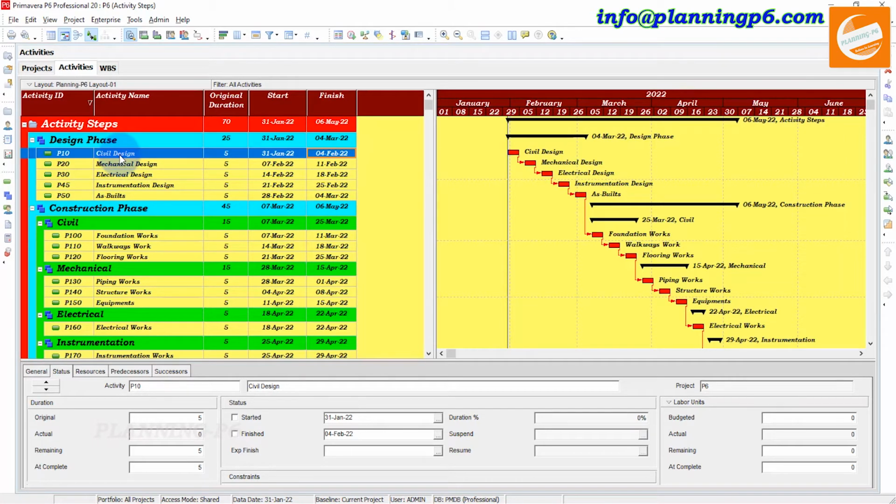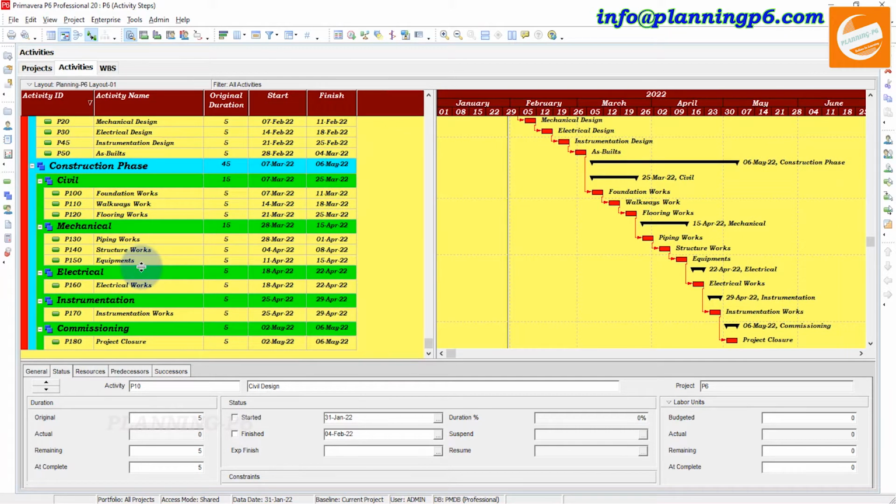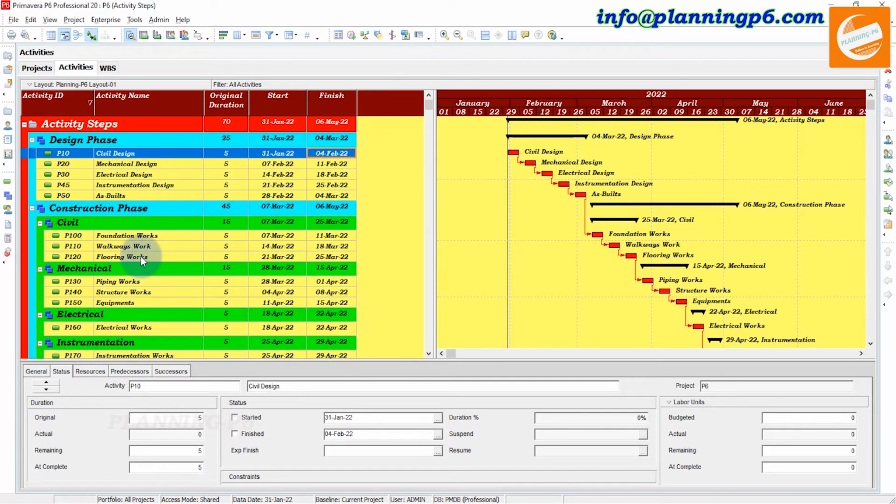Suppose there are 10 or 12 activities; then we give every activity 10 percent, and it will be cumulative as 100%. How will we do that? If we mention only one major activity in the schedule of works, we don't want to put separate activities in our schedule, but we want to monitor actual progress as per the activity steps which we will do to complete this major activity in Primavera P6.